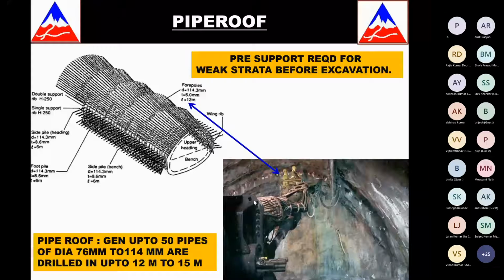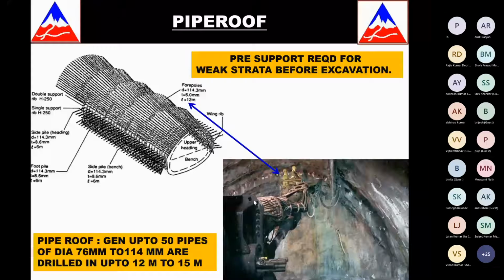So a complete pipe roof is put. So there will be, say, 150 to 200 pipes all along your arch, inclined at 5 to 7 degrees, grouted with microfine cement, or some extra steel is sometimes added inside the pipes. And this pipe roof has now made a complete arch. After that, one starts excavating under this arch, this pipe roof arch. And once you reach 12 meters, you put another pipe roof. And then again 12 meters and you put another pipe roof. So there are these successive pipe roofs.